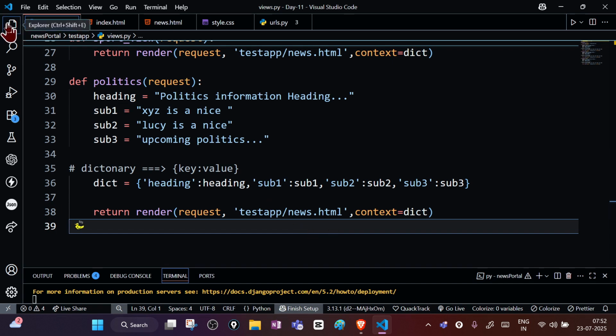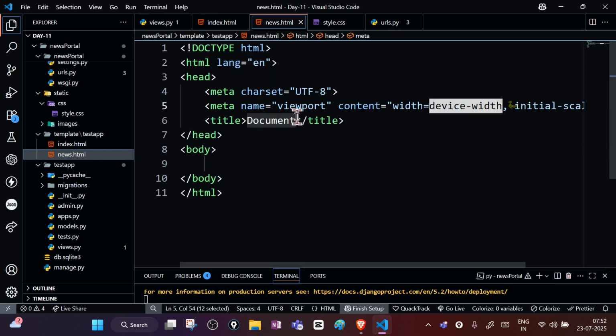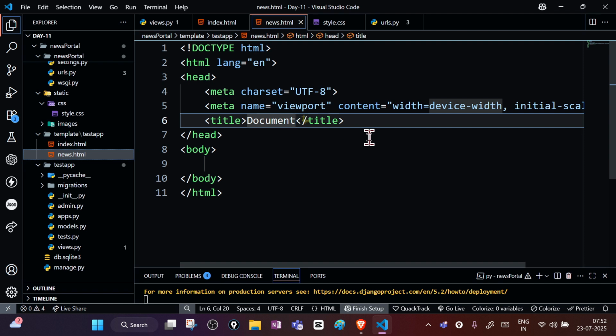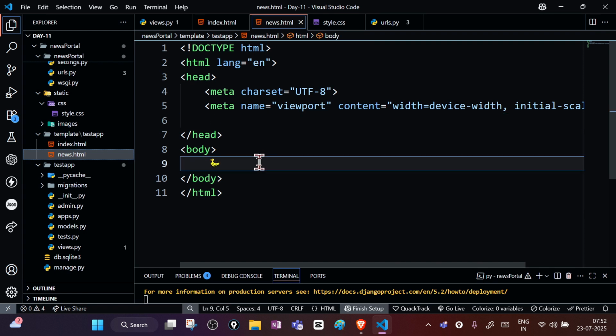So if you will see here, we have created one news.html file, but this news.html file is not containing any code, right? This news.html file is not containing any code. So let's write the code. So what I will write here, html colon 5. Okay, so here I will write, okay, let's remove the title as of now. Okay, so if I will write here h1, and if I write here, can you see here, can you see guys, in the